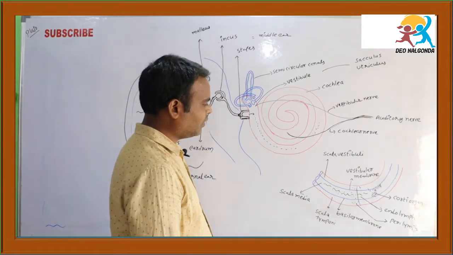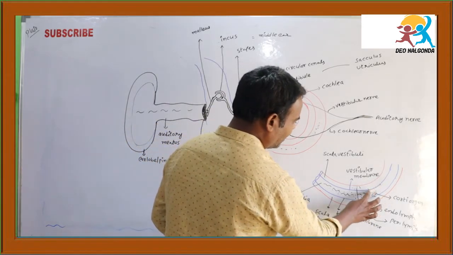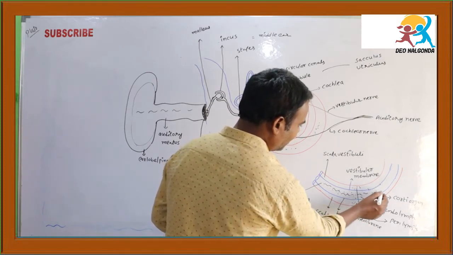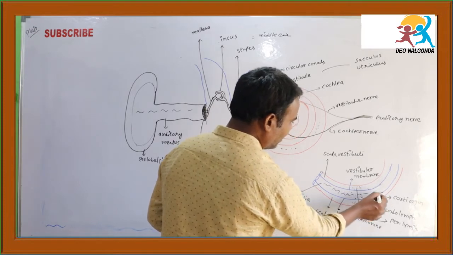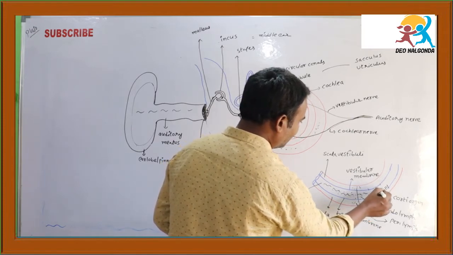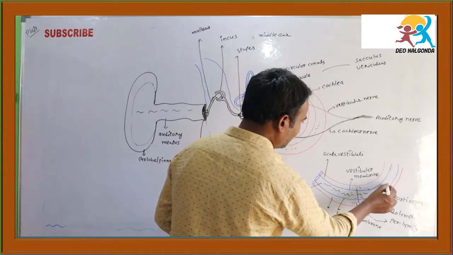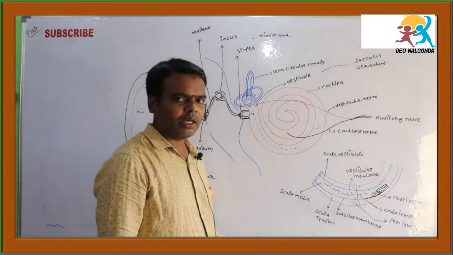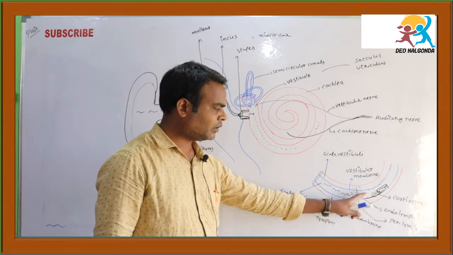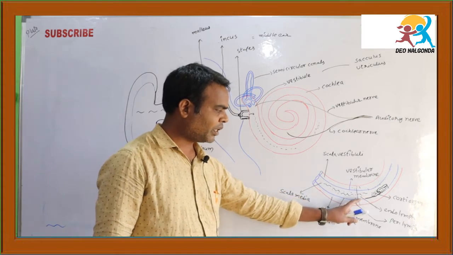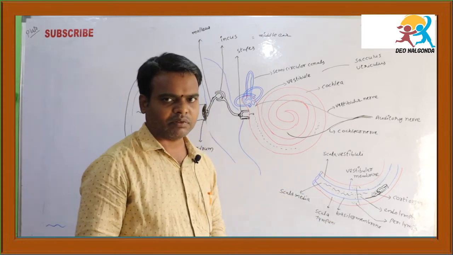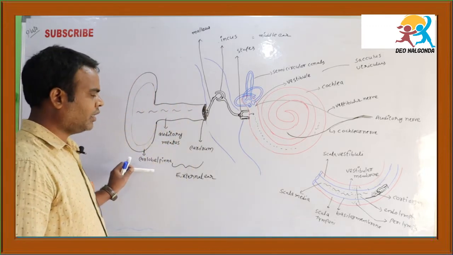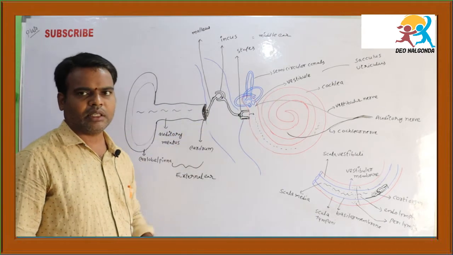Okay, right. The very important thing is this basilar membrane. Where do you find the basilar membrane? This is the basilar membrane. It contains many cilia. These cilia together form an organ, and that organ is called the organ of Corti, or the Corti organ. The organ of Corti is related to the basilar membrane, and it contains the endolymph. Okay, right. So these are the parts of the ear: external ear, middle ear, and also the internal ear.